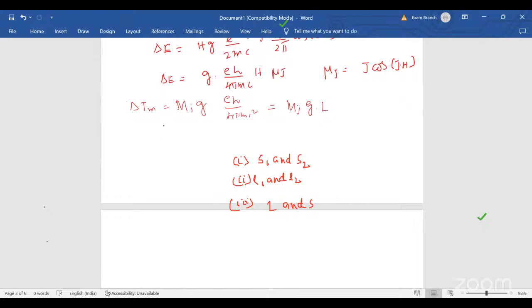TM we are going to get it as T minus. So that is nothing but delta T, which is equal to T minus MJ into GL, you are going to get. So this one. Okay. So this is what we call splitting of